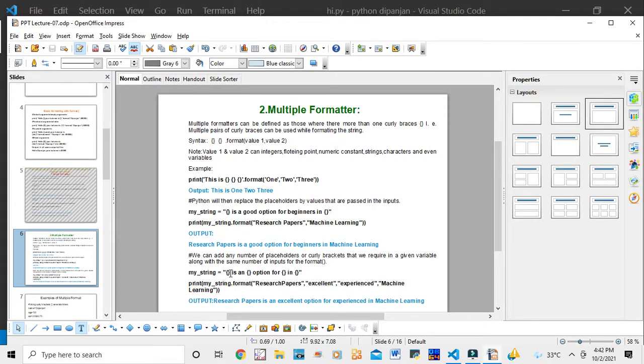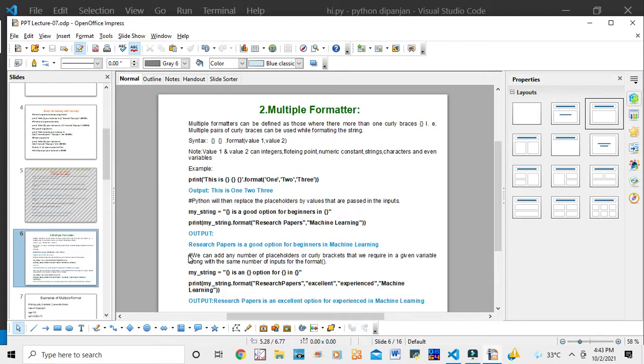Here I have written four curly brackets, and for each curly bracket there are four words. First it will show research paper, then excellent, then experience, and then machine learning.